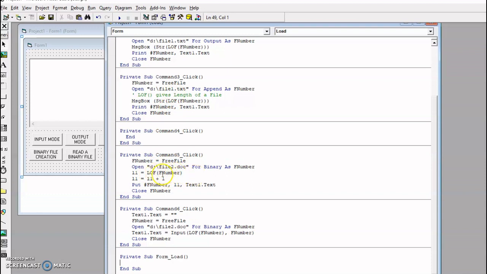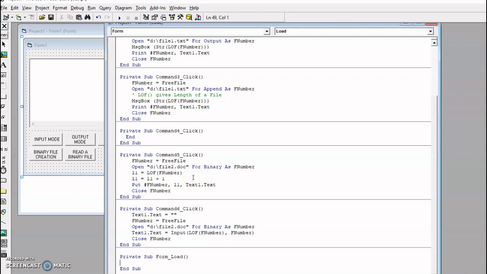Here the file number F number is representing the file file2.doc, so LOF of F number will give you the size of the file2 document file. And the reason I am using L1 equal to LOF of F number is that for every writing process, the writing of the contents will start from the location after the last character of the file.